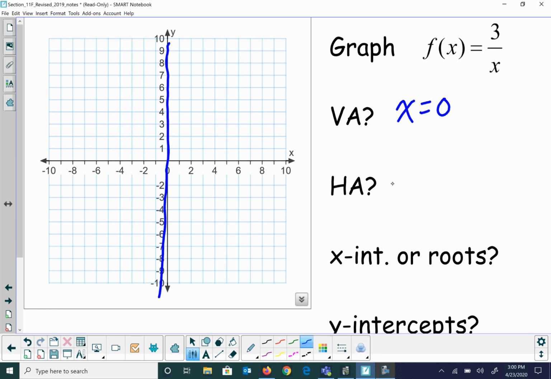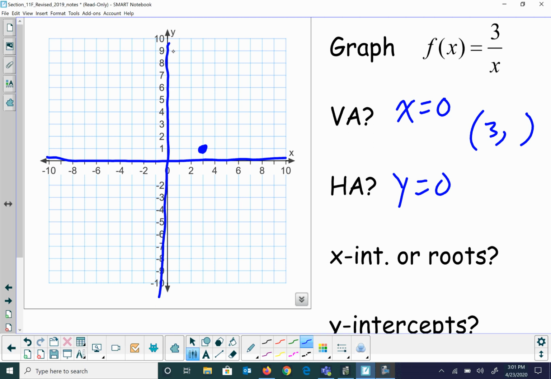And we still have a horizontal asymptote at y equals 0. Okay, this is the same. But think about when we plug things in. If I plug in 3, I get 3 over 3, which is 1. So 3 comma 1